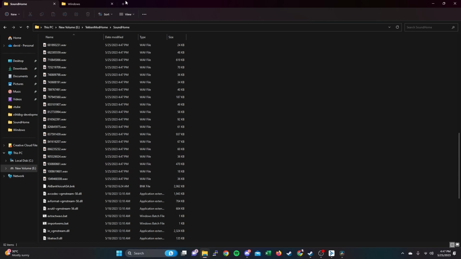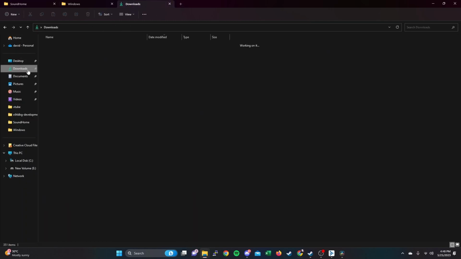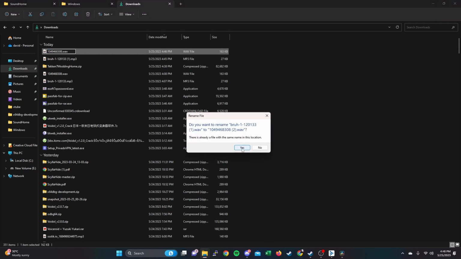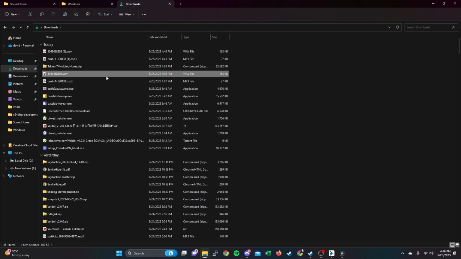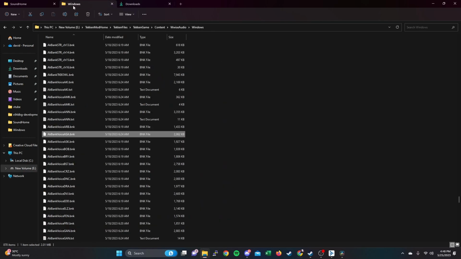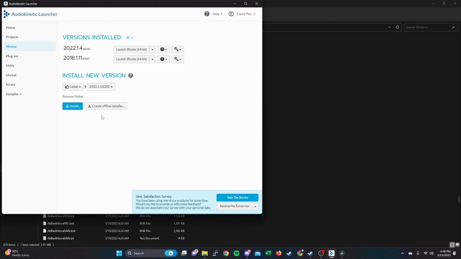Now that I got that, I can go into my downloads where I just got this new brawl thing, and then save that. Yes, because I don't even need this old instance. Oh, now let me do it. There we go. So now that I have that, I'm going to go ahead and open up the Wwise Launcher,